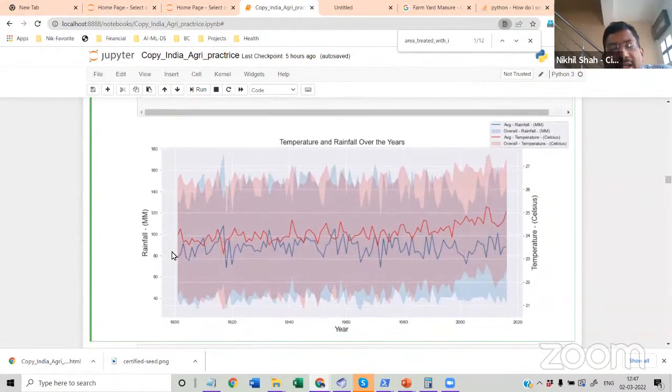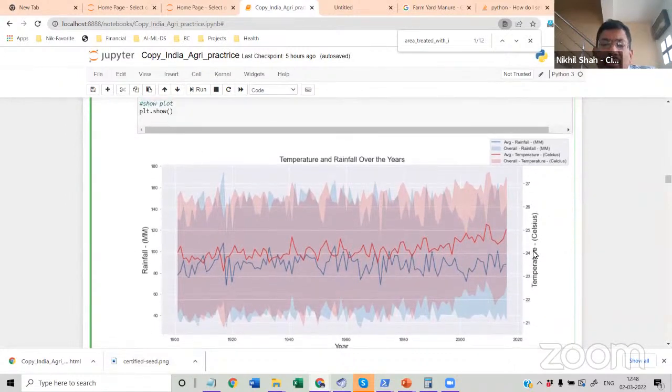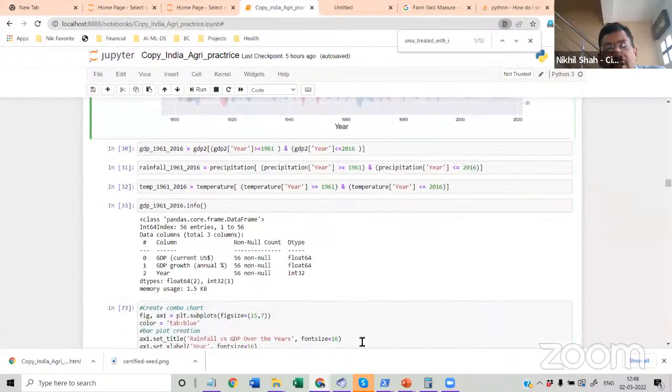So here you can see the data from the actual data that we read in the Excel file. I'm producing these charts here, from 1900 till 2020, almost 120 years of data. On this side, I have temperature data from 21 degrees centigrade to 27 in Celsius. And here rainfall data from 40 to 180. This is average we are talking about. Average data we have present here. So this line shows average temperature and this is showing the average rainfall, right?